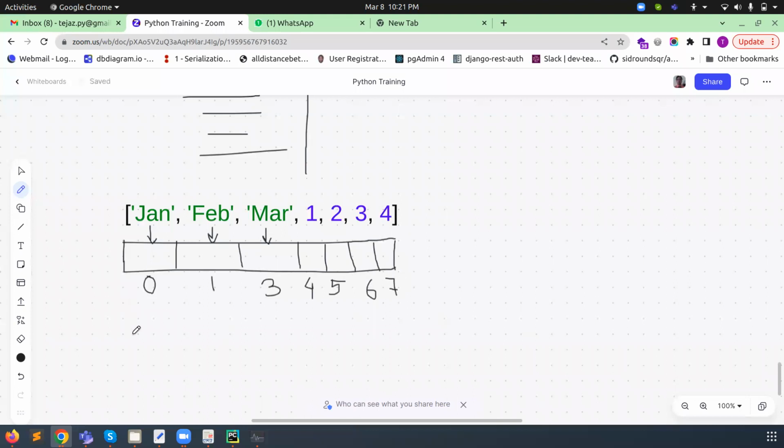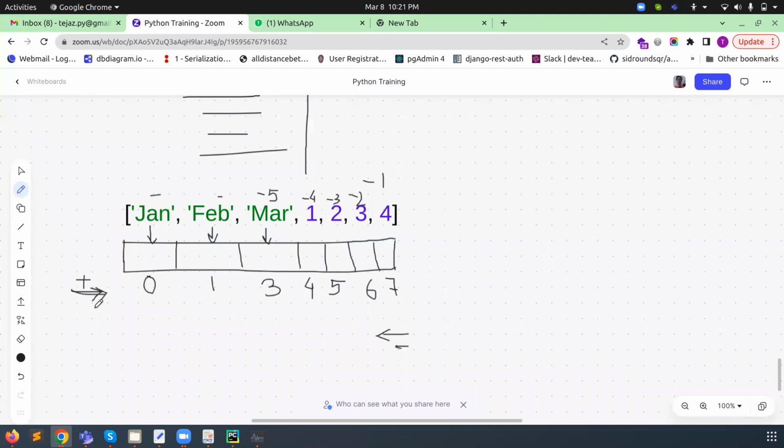So if we print here, with the help of indexing, it's going in a positive order first. We can do it in negative order also. We have already discussed negative order, in this way: if we want to fetch, it will come on -1, then this will come on -2, then -3, then -4, then -5. This negative indexing we will cover in the next session. Right now we are only going with the positive index.